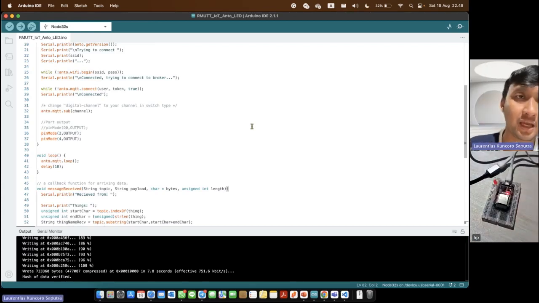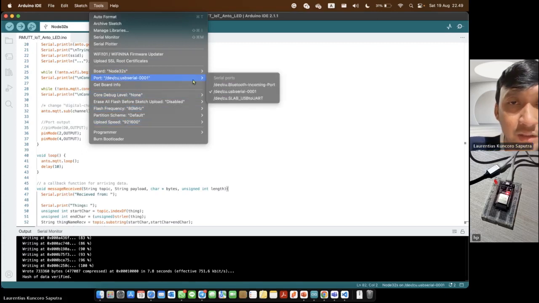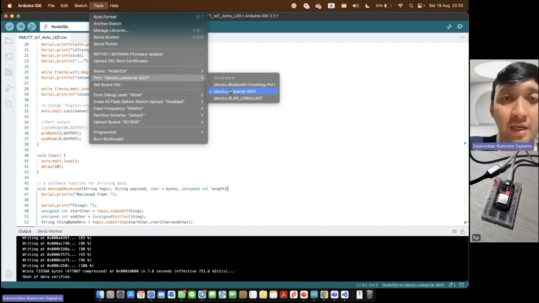Yeah, and also we should choose the port. I use a serial port, or maybe if you use Windows, you can choose the serial port with COM number 1, COM 2, COM 3, and others, based on the configuration in your computer.